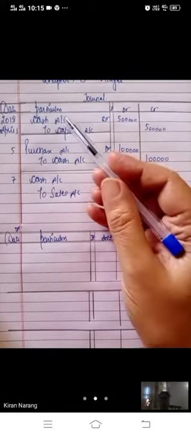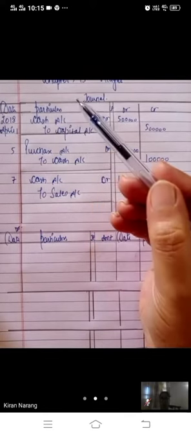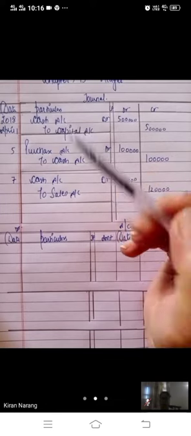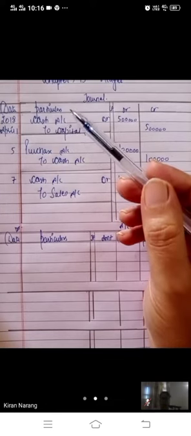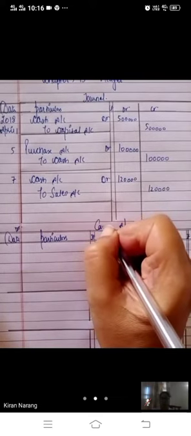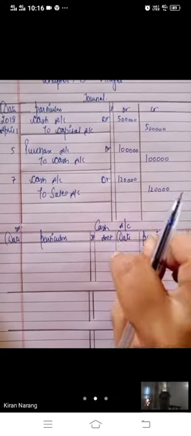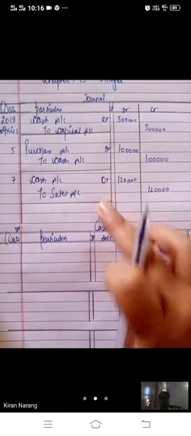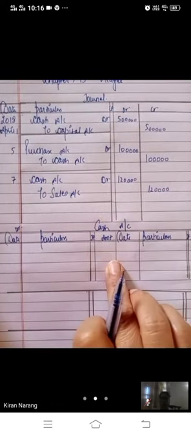So how many accounts have we used here? We will make each account once. If we record the transactions, one cash account will be prepared. See, cash account is used in every transaction. We will make a separate cash account for all these transactions. Only one account for all types of transactions related to cash. Means all the transactions related to cash will be recorded in cash account.